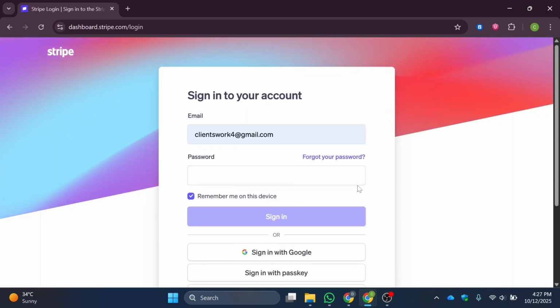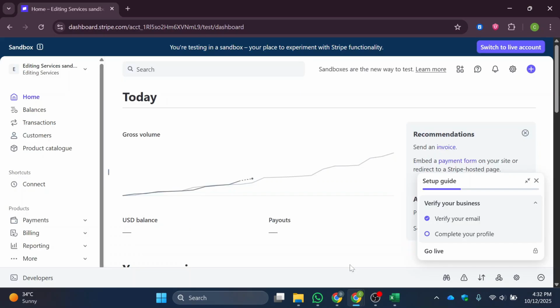If you're using a public computer, make sure not to save your login credentials for security reasons. After entering your details, click Sign In to access your account. Once you're logged in, you'll land on your Stripe dashboard, where you can view and manage all aspects of your